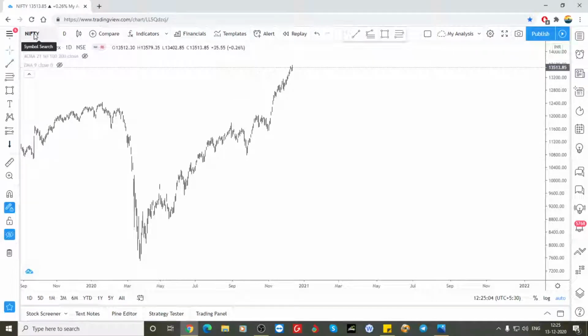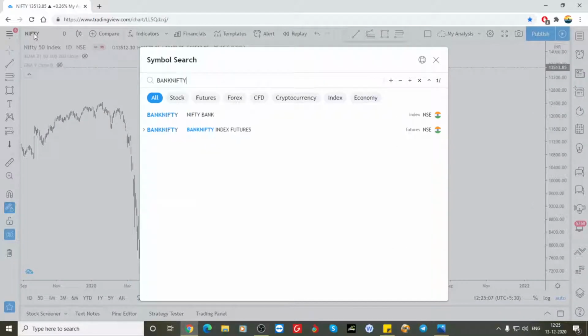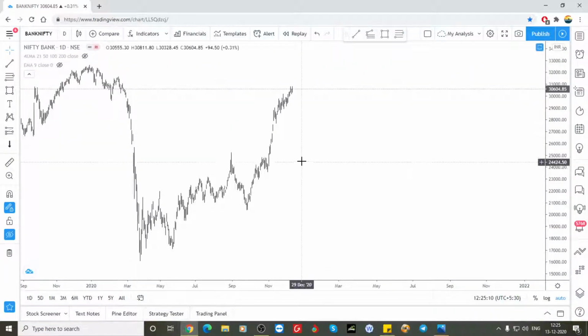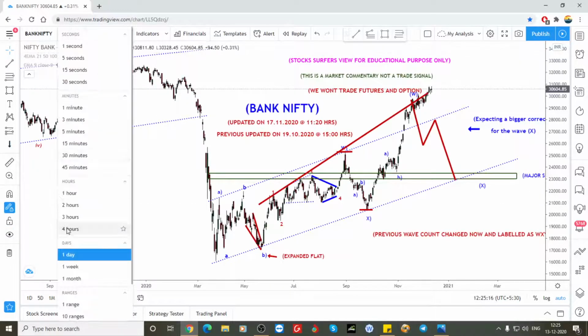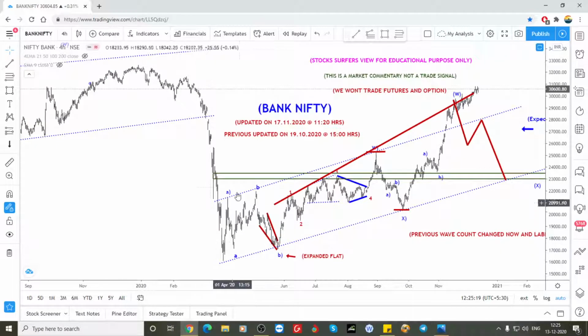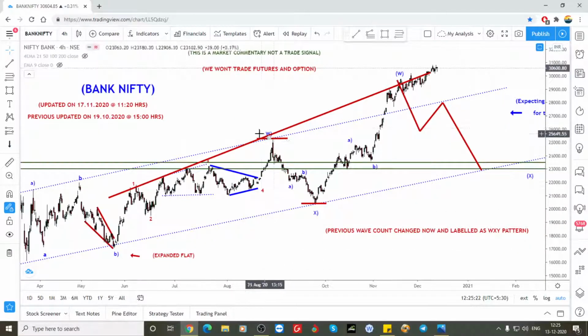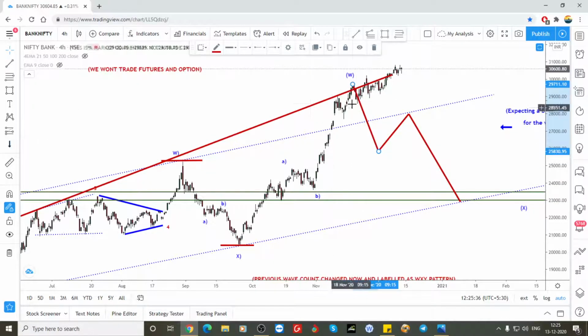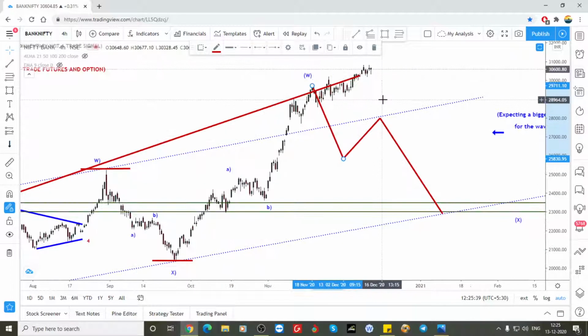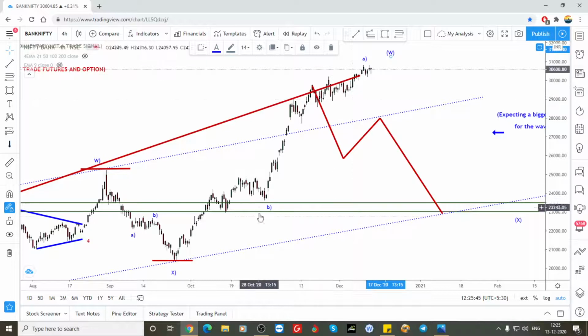So let's move on to Bank Nifty. So Bank Nifty also, same. I'm looking for a rejection. Whether, see, this is a B and C as a W. This is the connecting wave. So A, B and C means it has to get rejected. I expected from here itself, because 1 2 3 4 5 is clearly visible, but again it did those extra waves. So this could be the end of the A also,